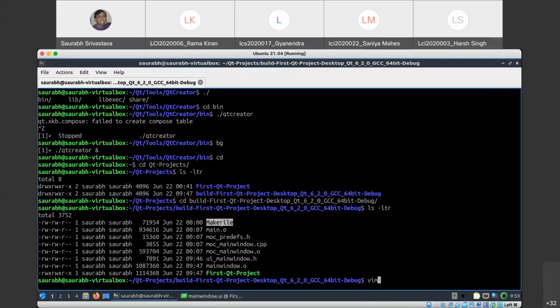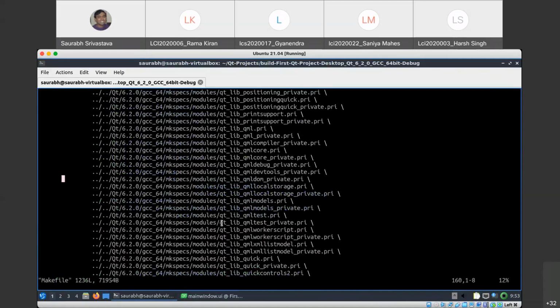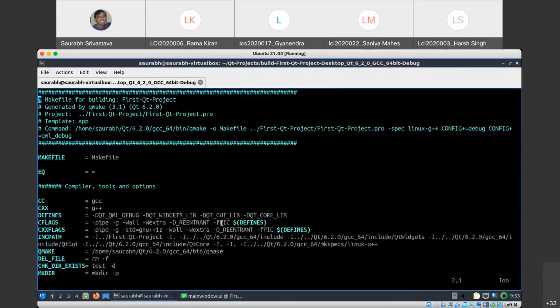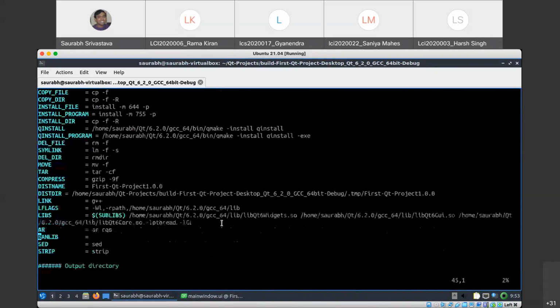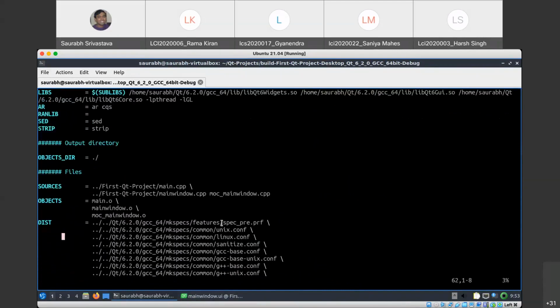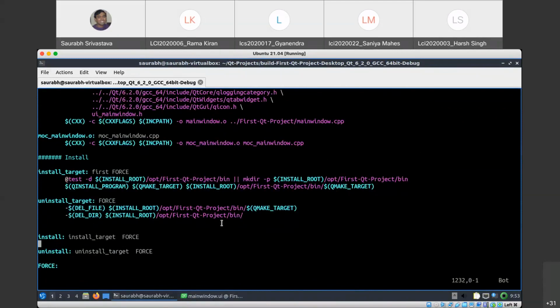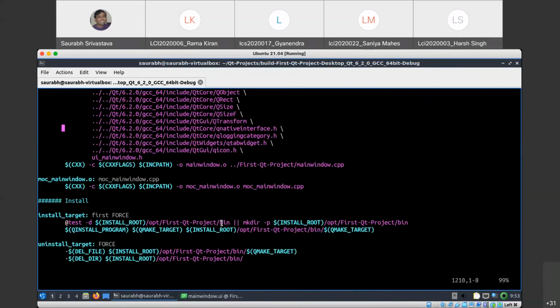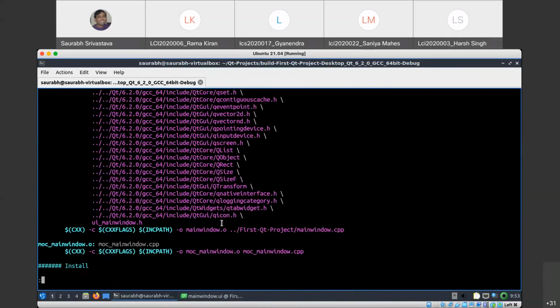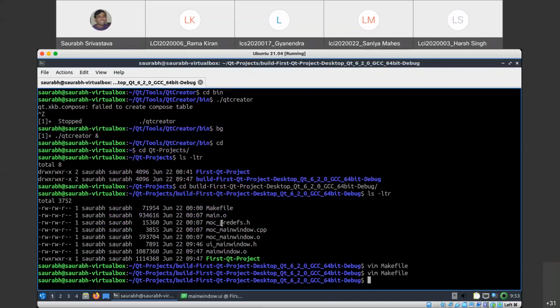This one of course is a very complicated makefile, but it looks something like this. There are so many things here, but you can see some of the things that you have probably seen in your own makefiles as well. So in the background, what is really happening is that Qt has a number of libraries, and these libraries get linked together to provide you a nice looking UI.